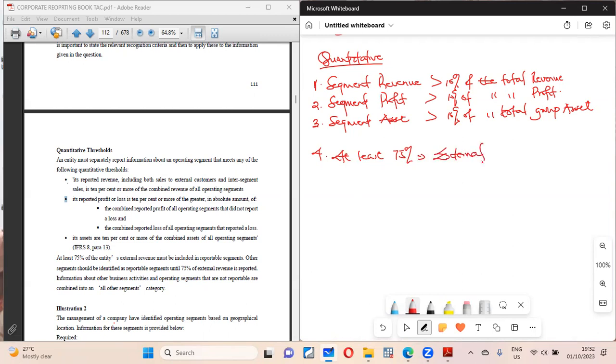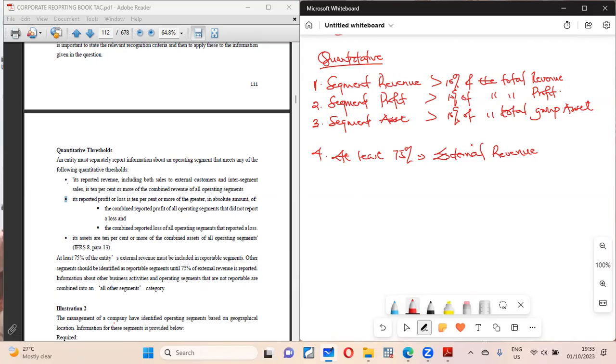So we are not looking at the total revenue. We are looking at what? Only external revenue must be included in the operating segment. If the total reported revenue is not greater than 70% of the external revenue, then additional operating segments are required